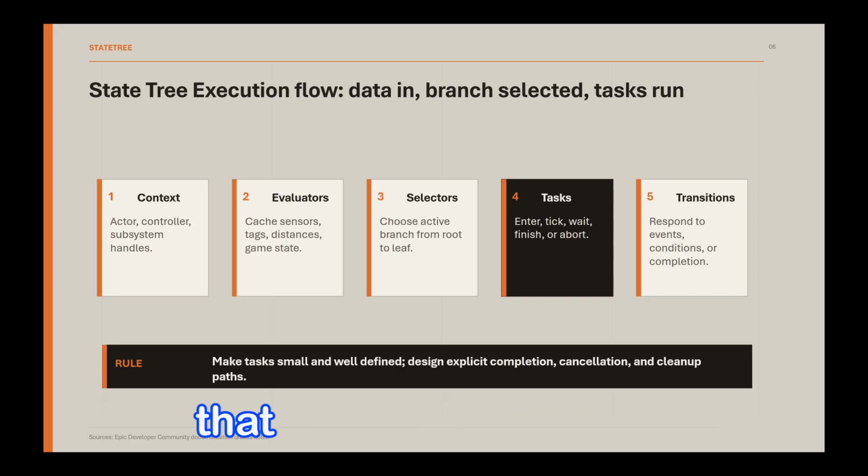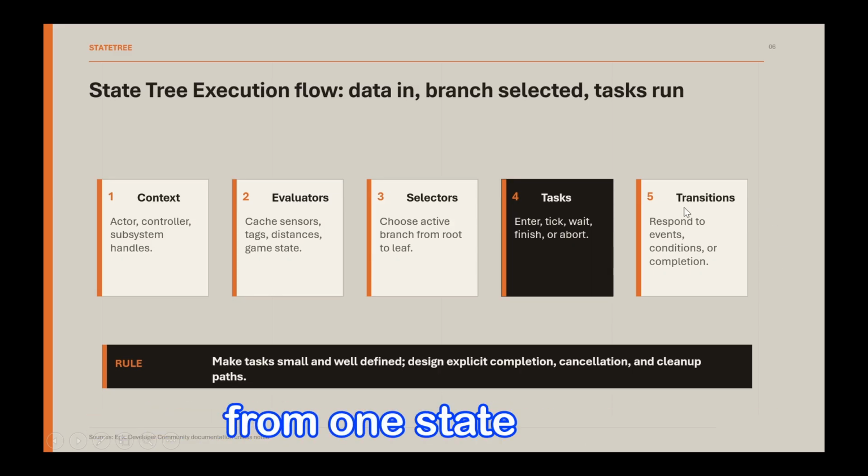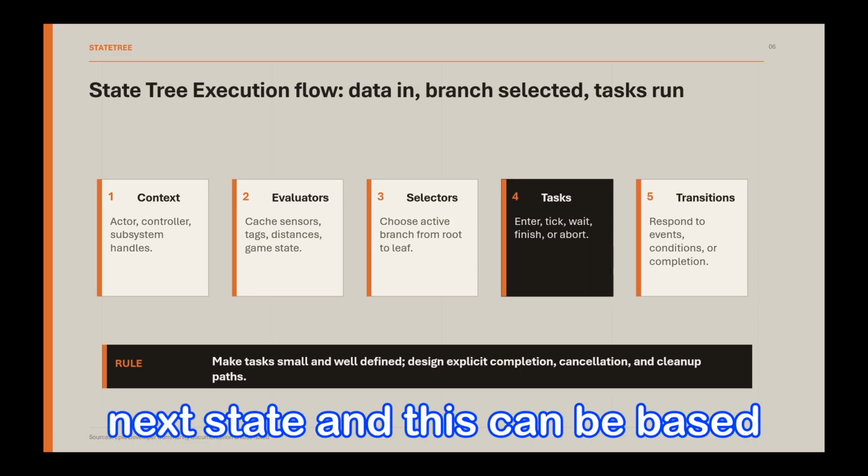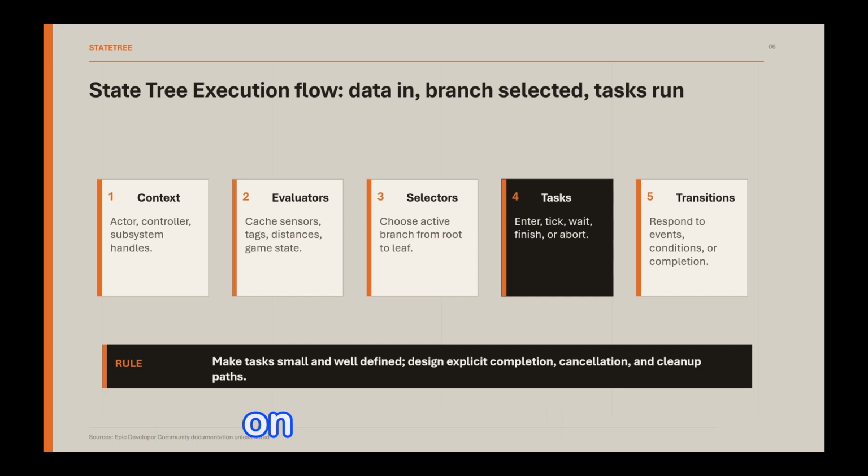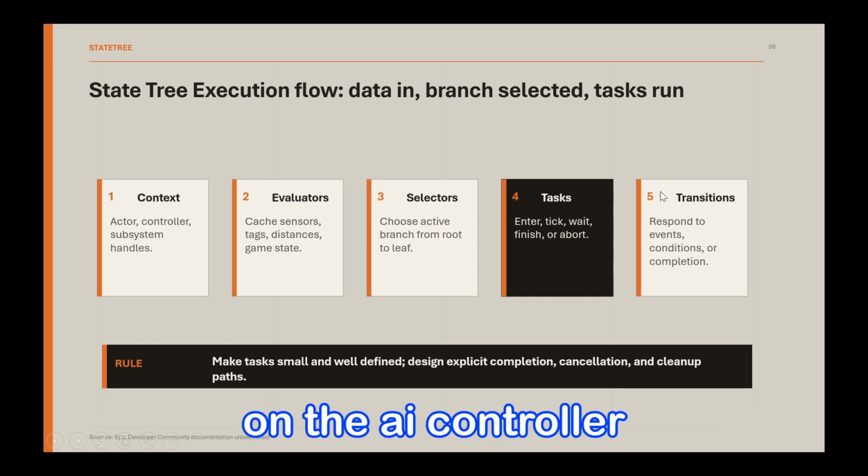So it's very clear that once this task is complete, it can move on to the next thing. Then finally, you have transition. So transitions are where you move from one state to the next state, and this can be based on a lot of things. It can be based on the AI controller saying, here the